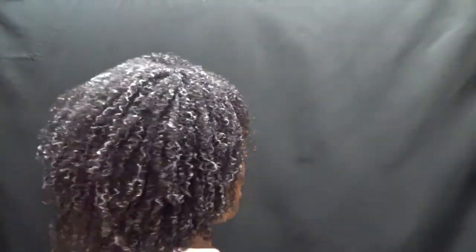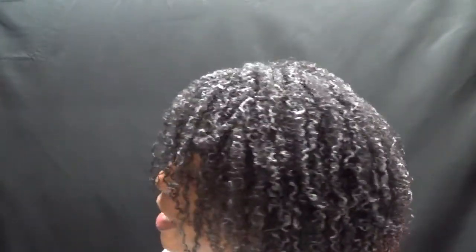So I'm going to turn around so that you can see what the whole thing looks like. I have not shaken it. Sometimes even when you shake your hair at the end, you can get some of that residue out. So I typically just close off my face, usually with a towel. I don't have one here in front of me, and just